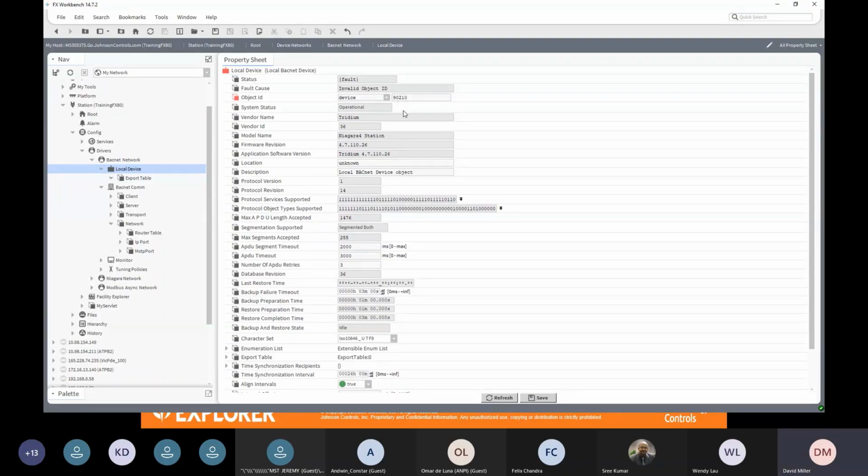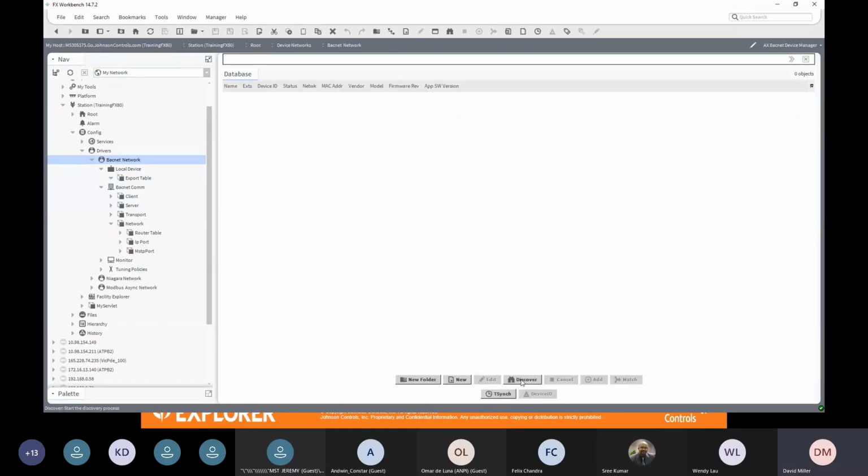But the number has to be unique. So there can be only one device 902.1.0 in the network. Okay, so I've just assigned it that device ID number. And now its status is okay. So my local device is valid. My IP port is valid. When I look at my BACnet network, I now have the option to discover. Okay, if I click discover,